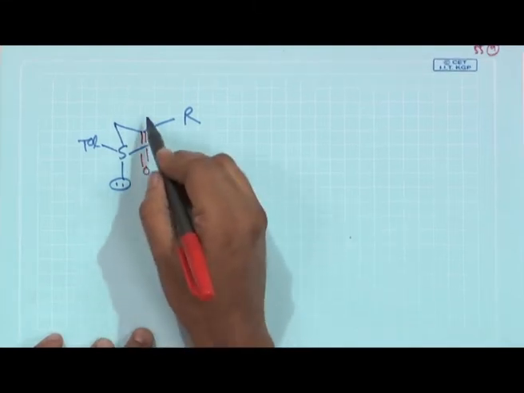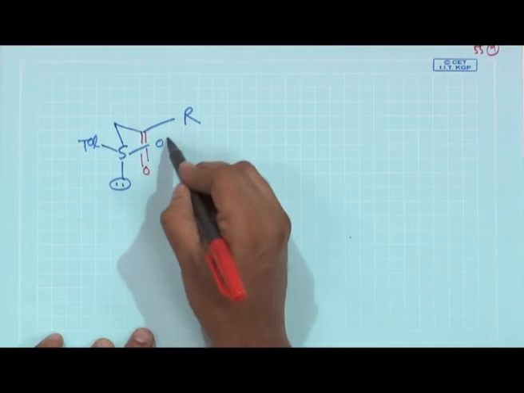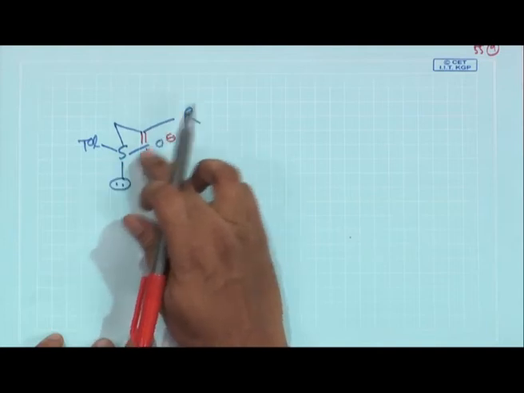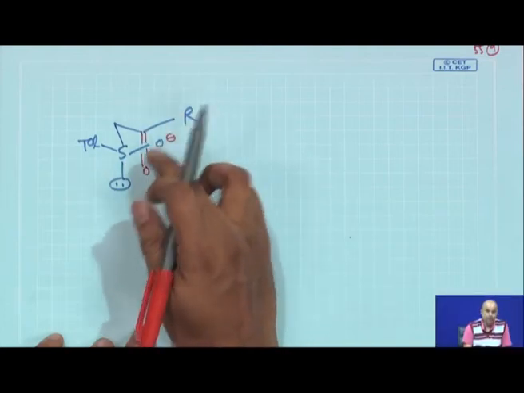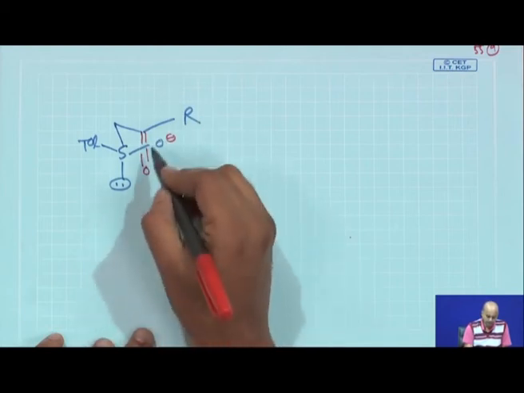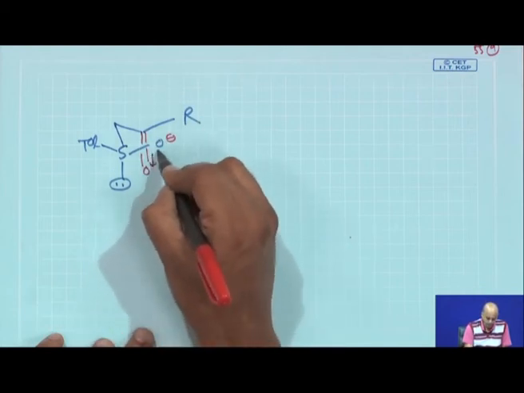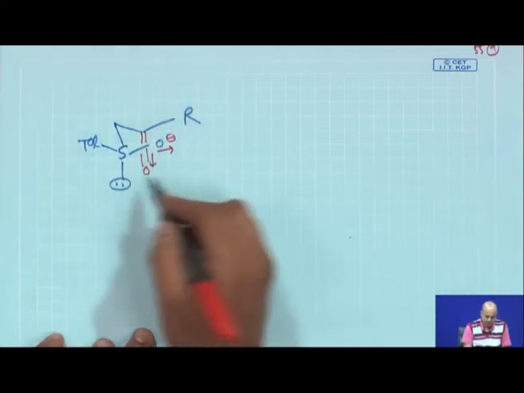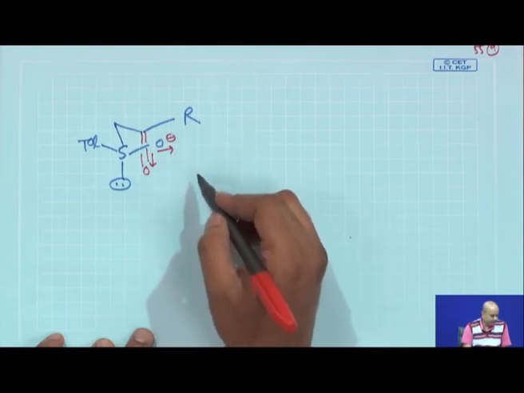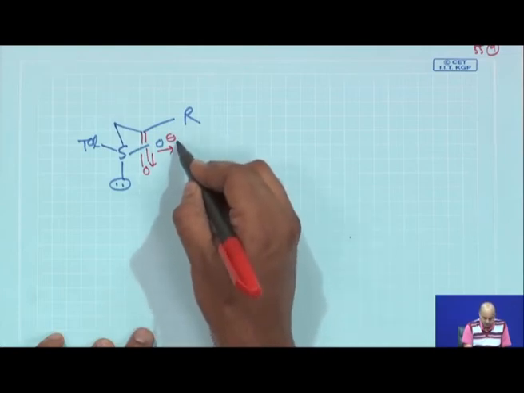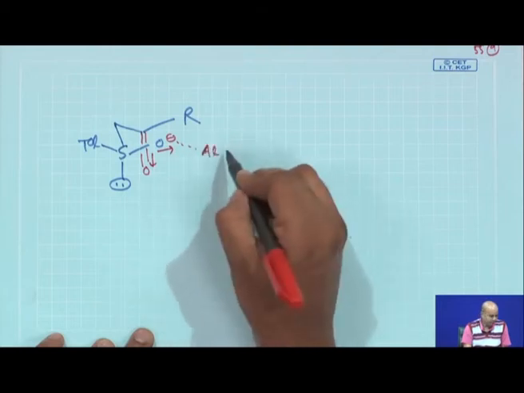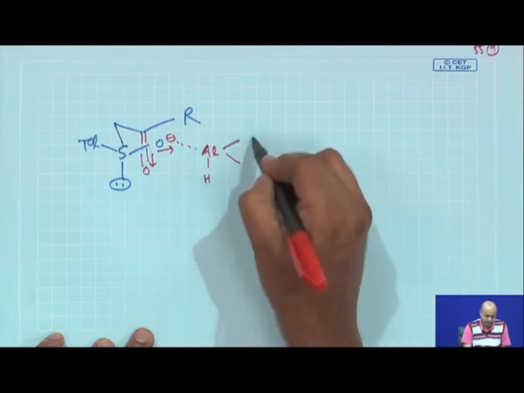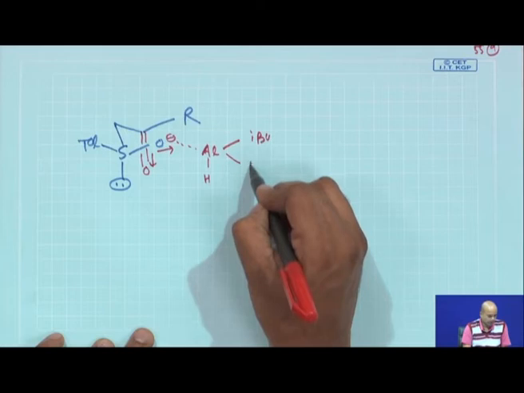carbon and this sulfoxide S=O will align in an anti way to keep the dipole-dipole repulsion to a minimum, because this is also electron withdrawing and this is also electron withdrawing. So, this dipole-dipole repulsion is why you have an anti alignment. This is the main thing, and then you probably have a coordination here with this aluminum. Aluminum has this hydride and then this bulky isobutyl group,